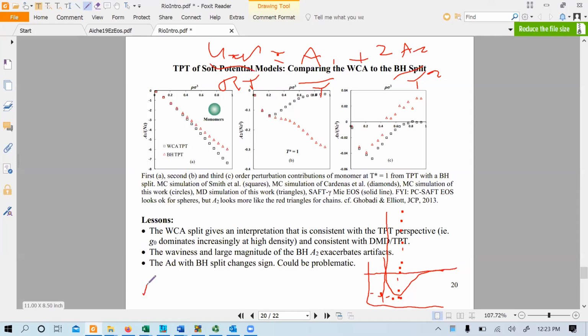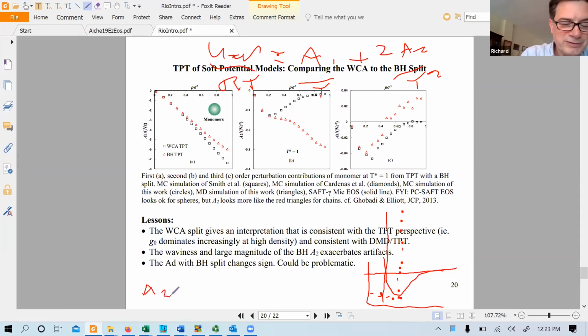Let's draw A2 for square well spheres. It's kind of upside down, right? This is 0. It comes down here, and it goes like this, and kind of goes like that. If it's a wider well, it goes like that. And then it comes down like this. So the A2 for square well spheres